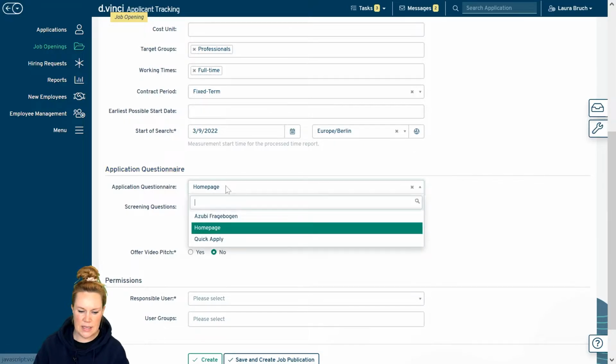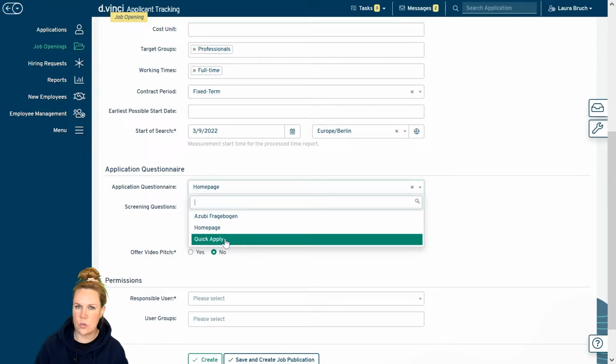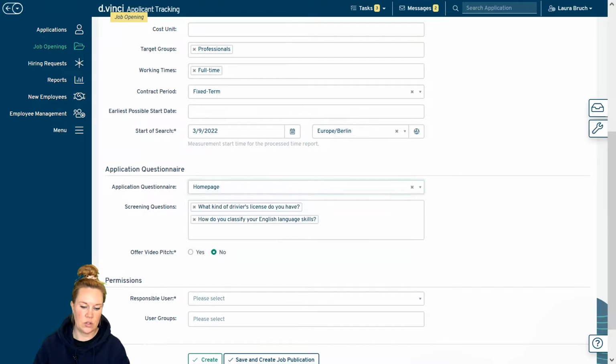You can set up as many as you like. Maybe it's just a little quick apply with 2 or 3 questions, but you can also choose a big form, whatever you need here. With screening questions, you can individualize it a little and put up some more questions or delete some. Or offer a video pitch, like a little selfie application that the applicants send you as well.